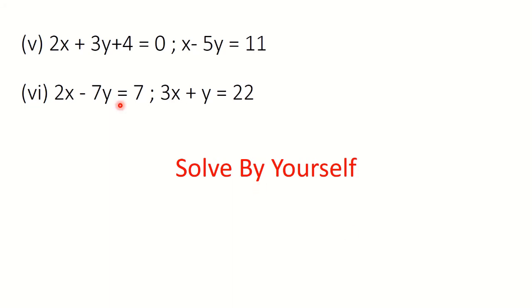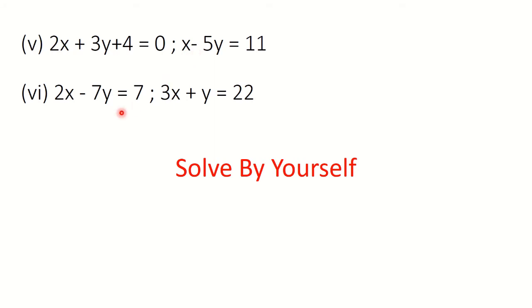Now question number 5 and question number 6 you are going to solve by yourself. You have to change its form. You have to convert it to the standard form. See, this constant is on left hand side, so shift it to right hand side. So you will get 2x plus 3y is equal to -4. Number this equation as 1, and this is in standard form only, so number it as 2, and then equate the coefficient. You can multiply equation 2 by 2 so that the coefficient of x will be equal, and here since the signs are same, subtraction is going to give you the answer.